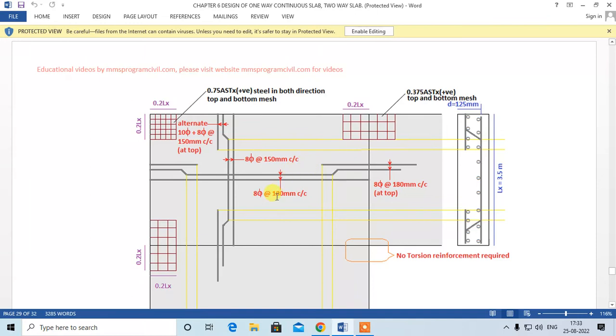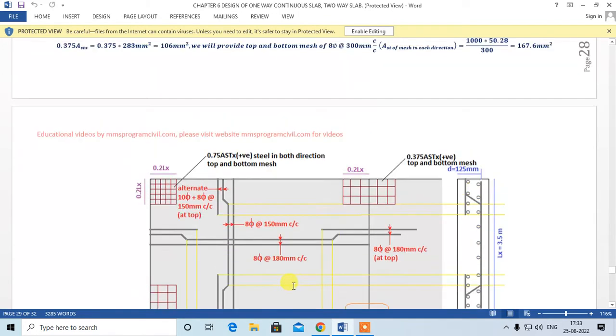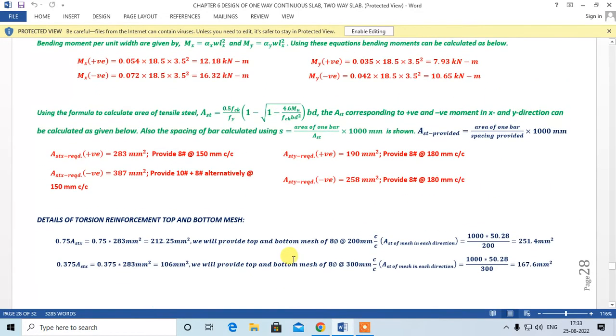So this is how we provide the steel at top and bottom along the shorter direction, right? Similarly, along the longer direction,